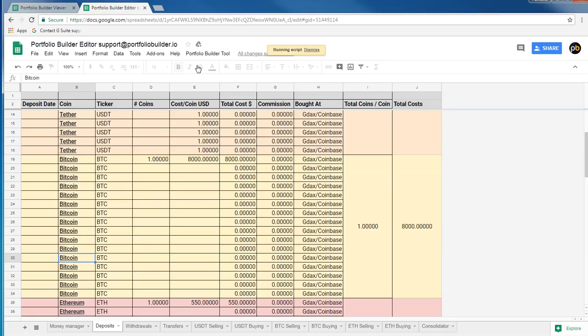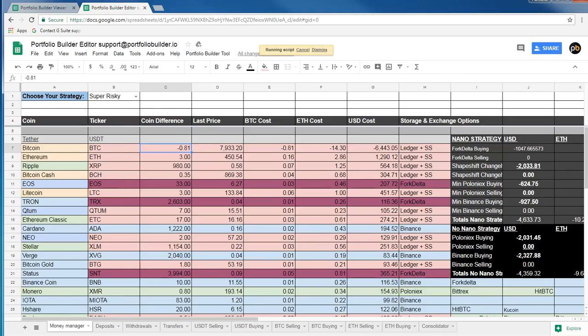So now I'll hit the trigger update, go back to the money manager, and wait. Okay, now it's updated, and you can see we're still short on Ethereum. We're still short on Litecoin, but we now have too much Bitcoin Cash. So what should you do? Well, we have two options. One, we could sell it for Ethereum, which we have too little of and need more of. And if we look over here, I can see I need about $1,000 worth of Ethereum, and I can sell $508 worth of Bitcoin Cash. So I might want to make that single trade,